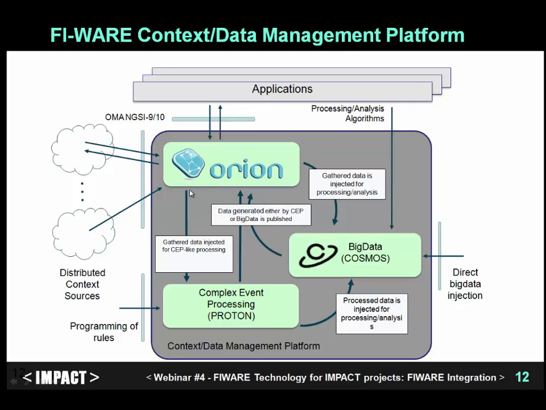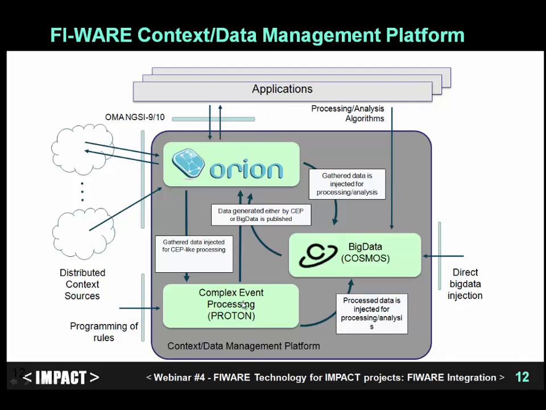And so you program some rules, like for example, you could have an IoT device here, like a sensor, sending information to Orion about its temperature, and then you could program some rule in Proton saying that